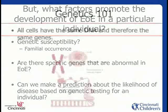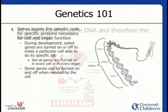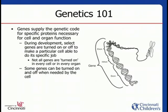For folks who haven't had high school biology in a while, it's probably worth spending a couple of slides just doing a little bit of review of what genetics really are, so that we're all talking about the same thing. All cells have the same DNA, and therefore the same genes. The chromosomes inside a cell are made up of DNA, which is folded up, but if you unfold it and unravel it, it contains the code for every protein that's made in the body. Each gene has the genetic code for a particular protein,